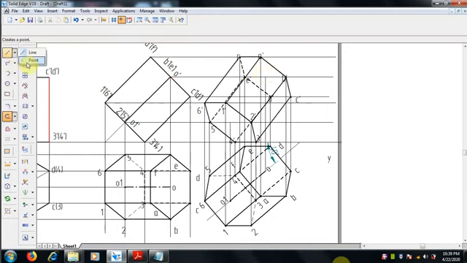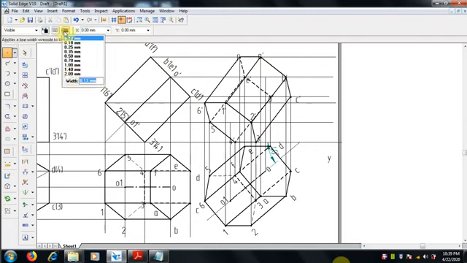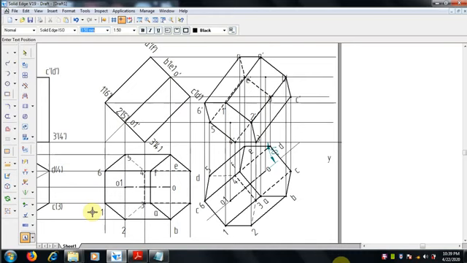Now draw the axis. Select the center line between these 2 points. Here the bottom is O1 and here it is O dash on top.